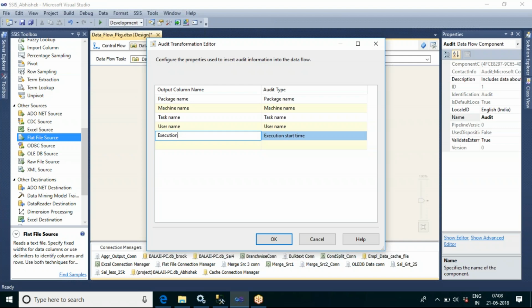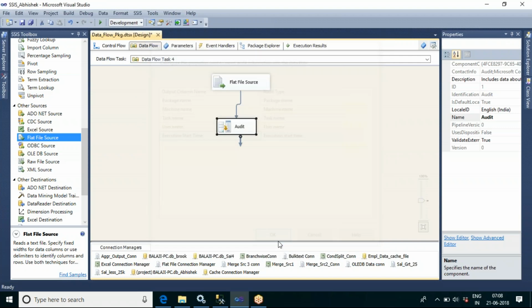Execution start time: if the customer wants all these details, you can add all of them by using this audit transformation. So up to now we have been using the audit as a dummy transformation, but this is the real usage of the audit, and you just want to see the output.